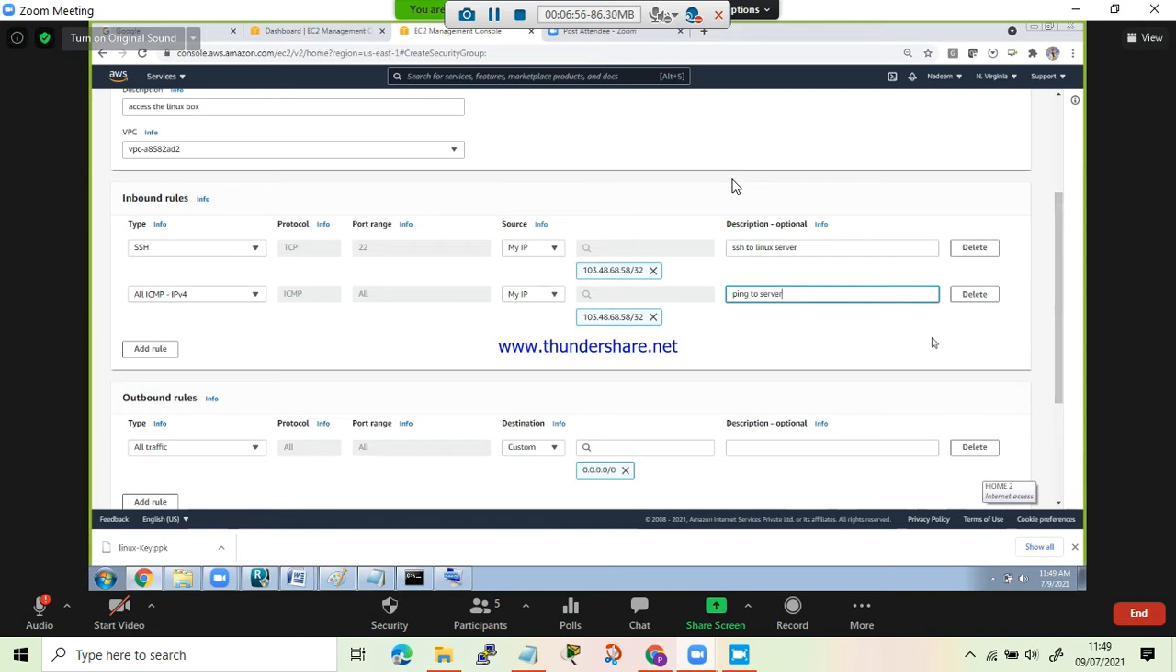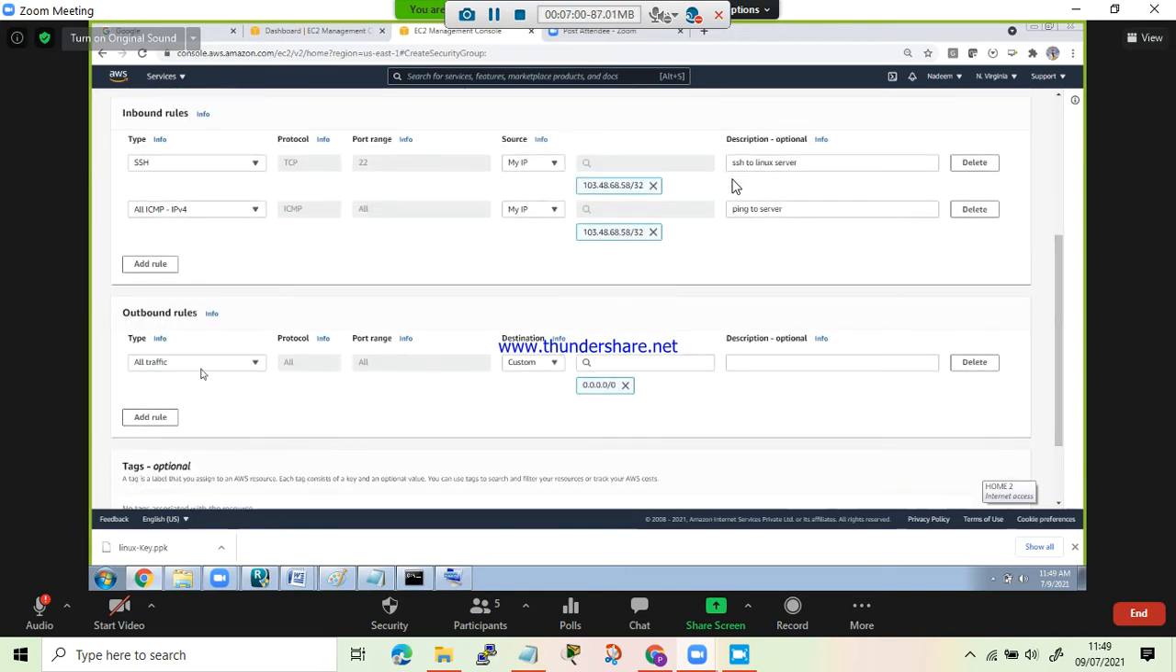That's done. Then this is the inbound rule. Then the outbound rule. In the outbound rule, you need to say all traffic. By default there is one rule, so all traffic here, 0.0.0.0/0. Yes, because if you put this, I can say the description